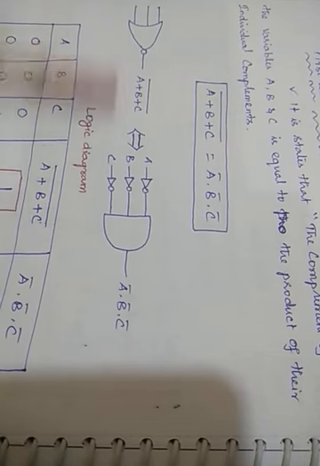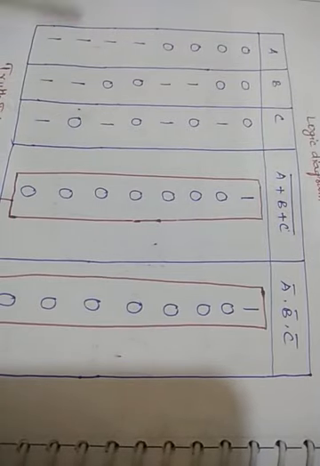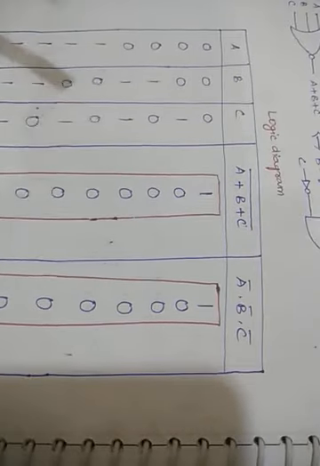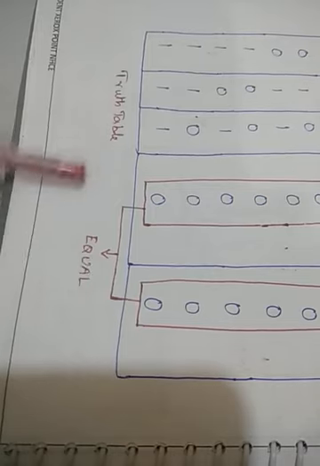After logic gates, just go through this one, then you can understand it clearly. And here also in the truth table we proved that A plus B plus C whole bar and A bar dot B bar dot C bar are both equal, like that we proved.